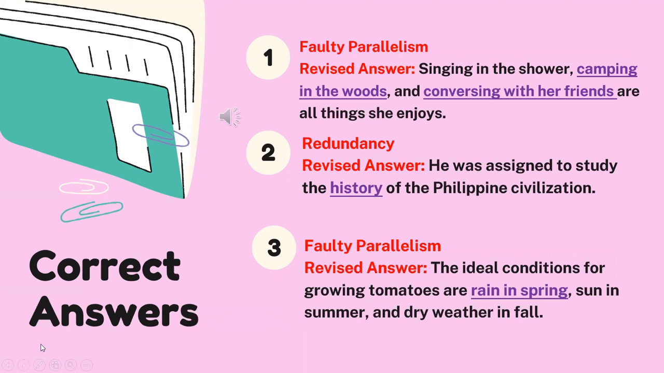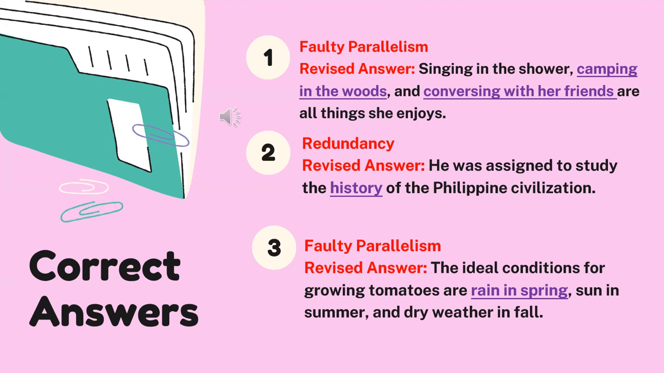And here are the correct answers. For number 1, it's no other than what we call faulty parallelism. Now, singing in the shower, that is a gerund phrase. And then earlier, we used infinitive. That's why it's wrong. So what we're going to do now, all the series of items here will be changed into gerund phrase. So singing in the shower, camping in the woods, and conversing with her friends are all things